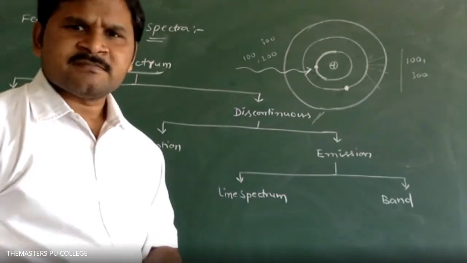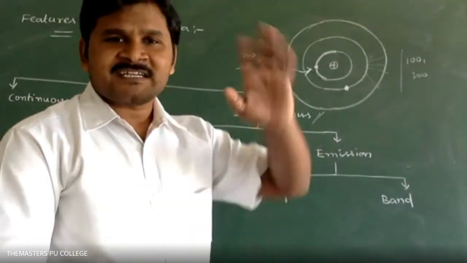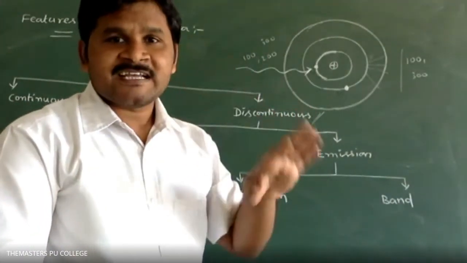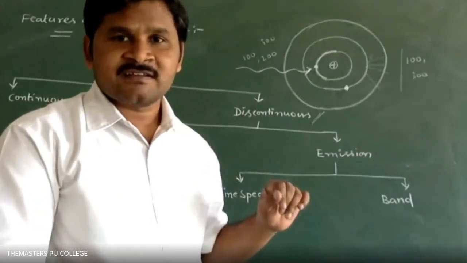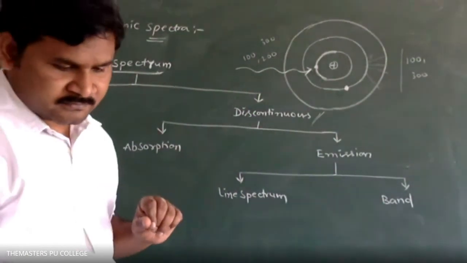Sir, in an absorption spectrum, if we suddenly stop providing energy to shift the electron, then it will stop and come back to its original position. Yes, everything comes back to its original position when the energy is removed. So we should continuously supply energy to make it stay in that place. If you continuously supply energy, it remains in the higher energy level only. You won't get any emitted radiation, you will get absorbed radiation only. Okay, sir. Thank you, sir.